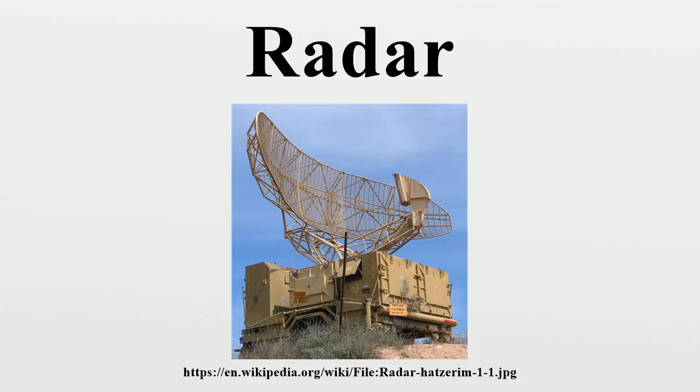History. As early as 1886, German physicist Heinrich Hertz showed that radio waves could be reflected from solid objects. In 1895, Alexander Popov, a physics instructor at the Imperial Russian Navy School in Kronstadt, developed an apparatus using a coherer tube for detecting distant lightning strikes. The next year, he added a spark gap transmitter.